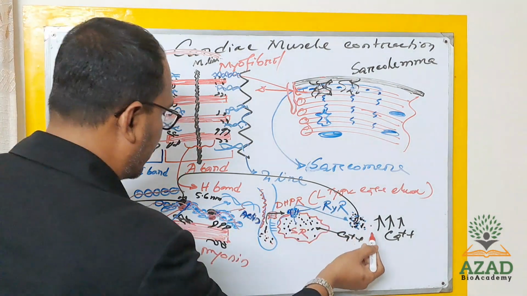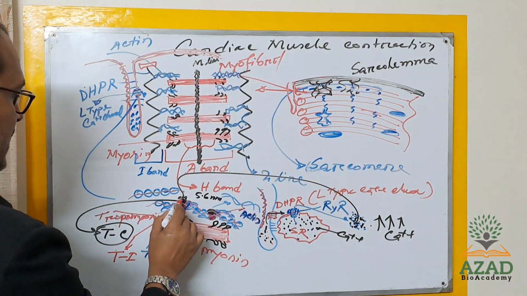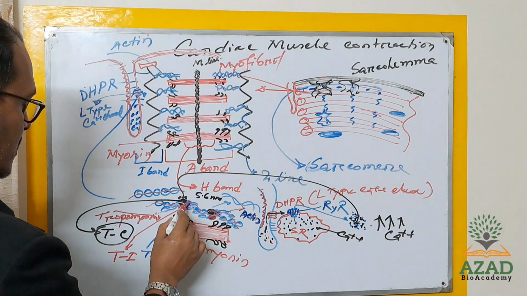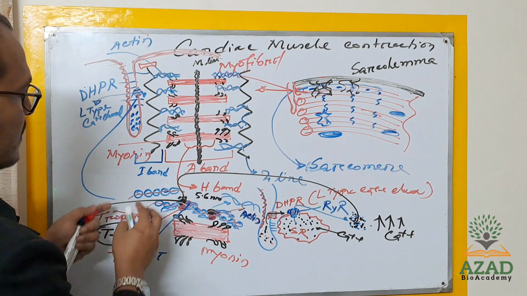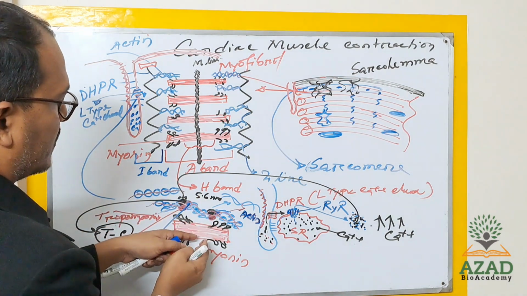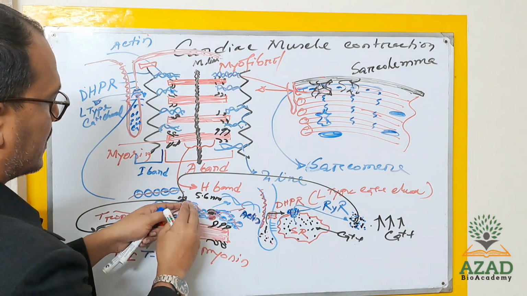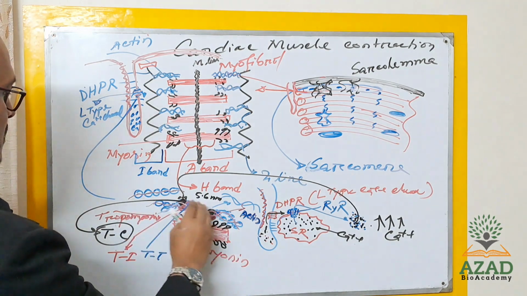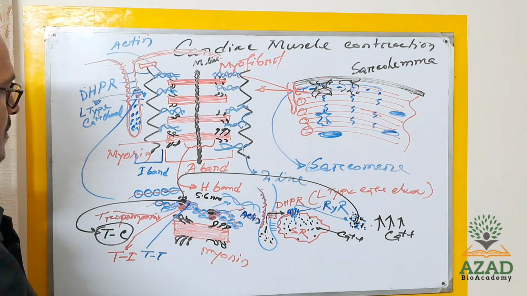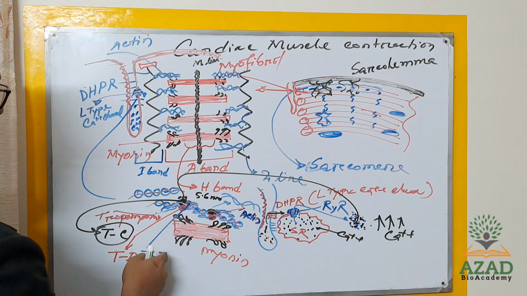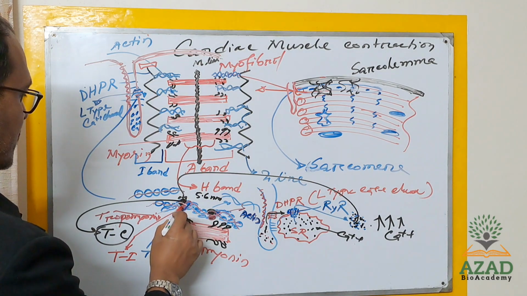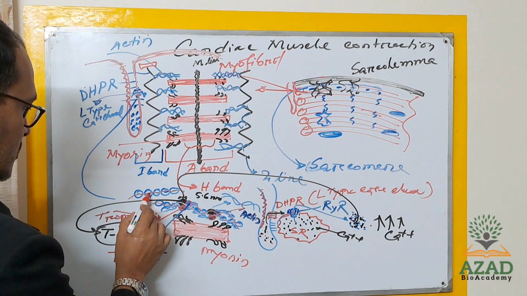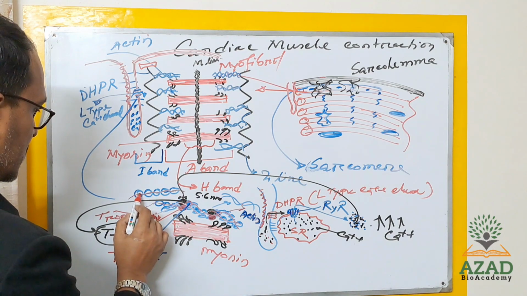When calcium binds with troponin C, a conformational change occurs. The function of troponin I is to inhibit the binding of actin and myosin by keeping tropomyosin in position on the surface of actin, and this is maintained by troponin T. So when calcium binds with troponin C, a conformational change occurs, and tropomyosin will rotate,